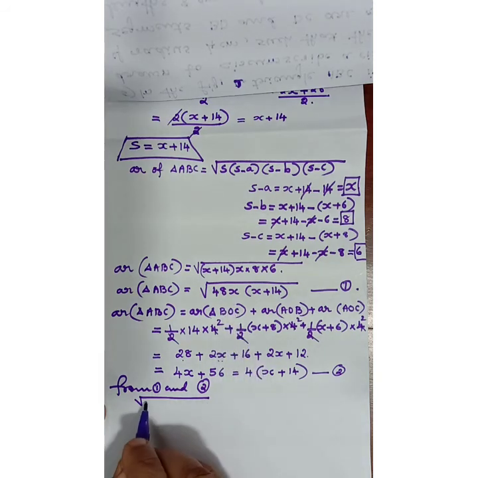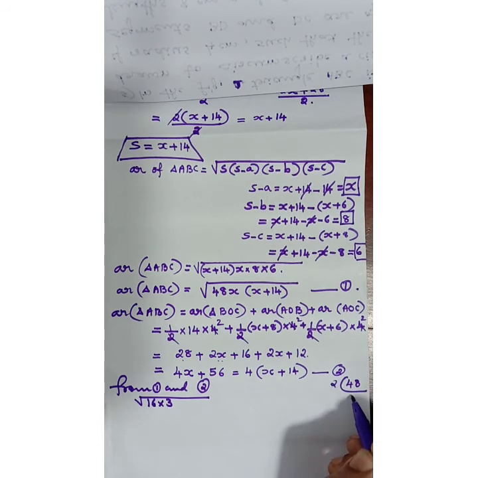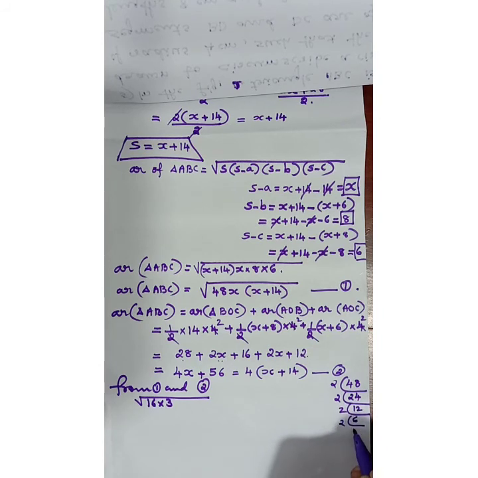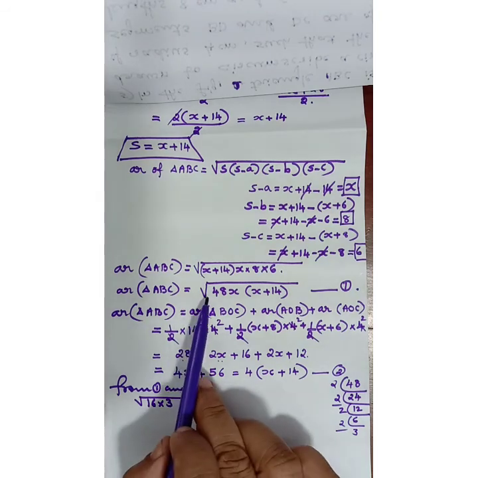48 can be split as 16 into 3. When you do the prime factorization, you will understand. If you take 2 or 3, whatever it may be, anyone can be taken. If it is 2, we have 2 2's are 4, 24, 2 again, we get 12, 2, 6, 2, 3. Therefore, we have 2 square into 3. 2 square is 4, 4 4s are 16. I split it as 16 into 3.